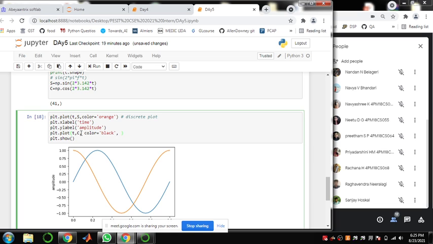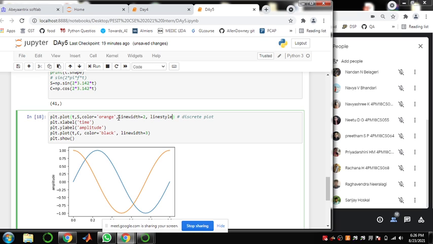And if you want to increase the line size, that is called line width. I'll make it 3, and for this I'll keep the line width equal to 2. Then you have the option to choose the line style.